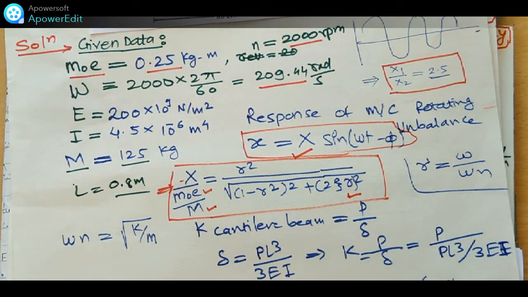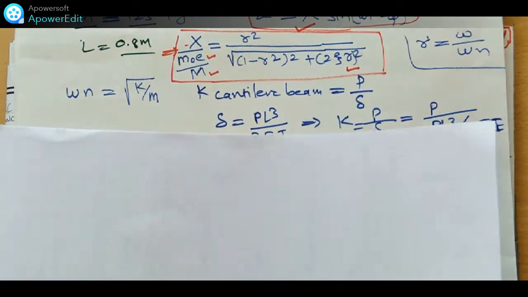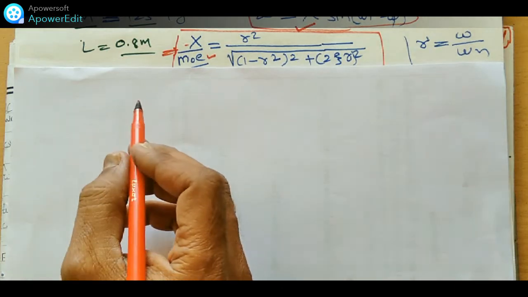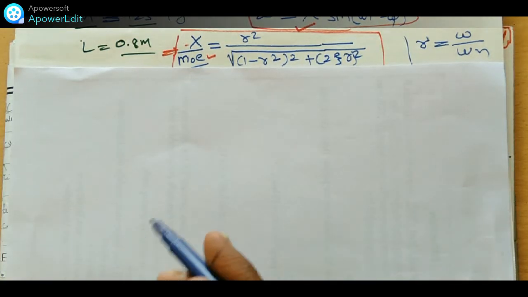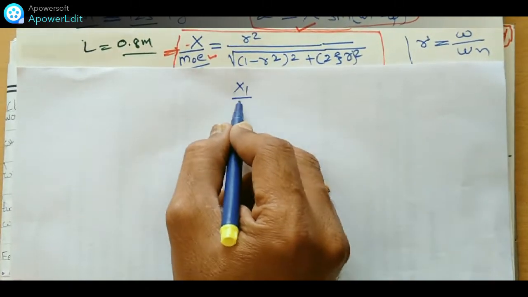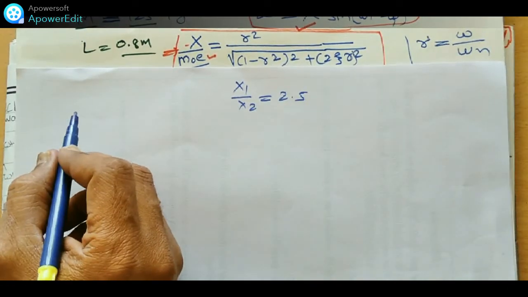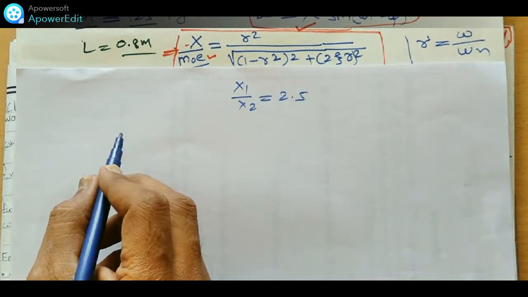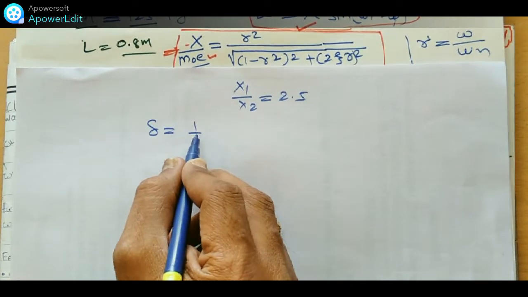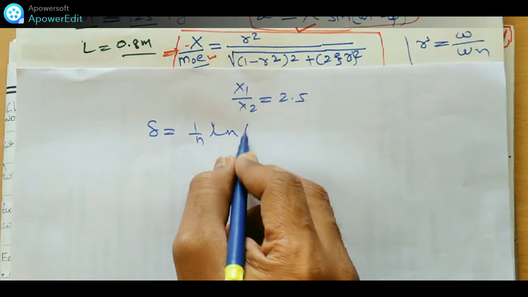To calculate this zeta, the damping ratio, we'll see how to find out the value of zeta. Here, the x1 by x2 ratio is given to us as 2.5. Using the logarithmic decrement delta, which is equal to 1 by n log to the base e of x1 by x2,